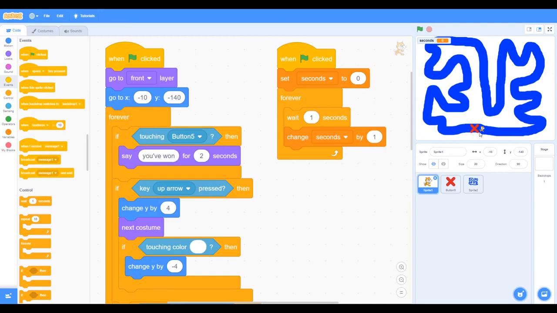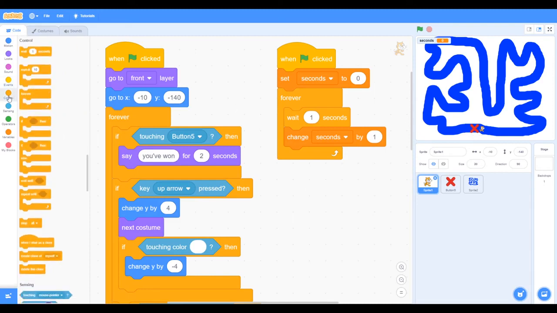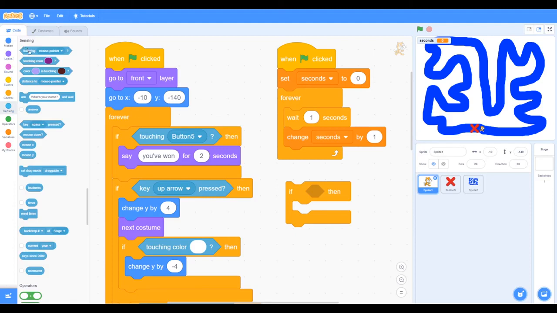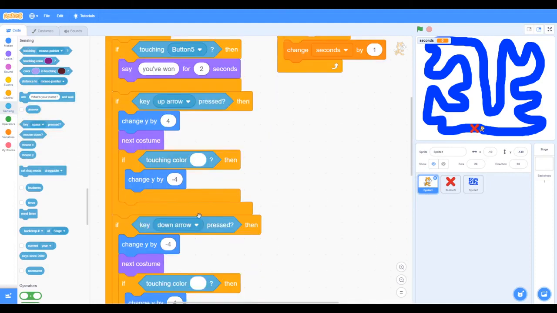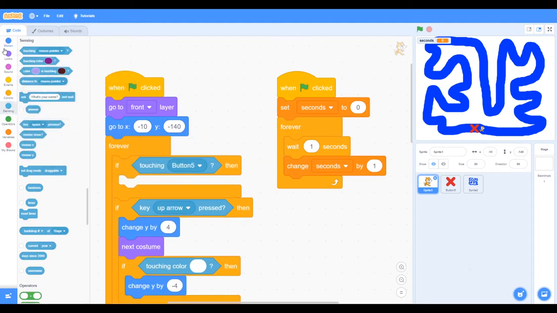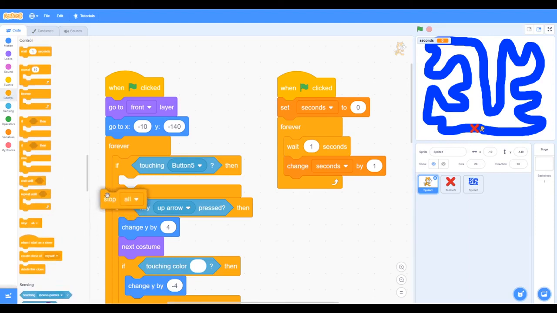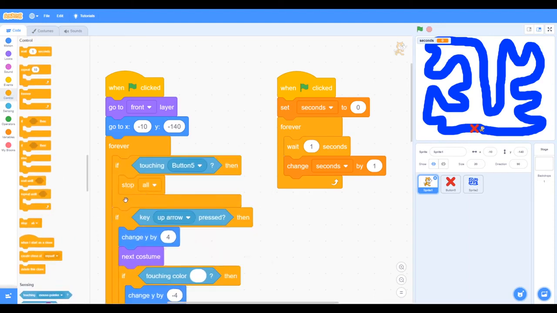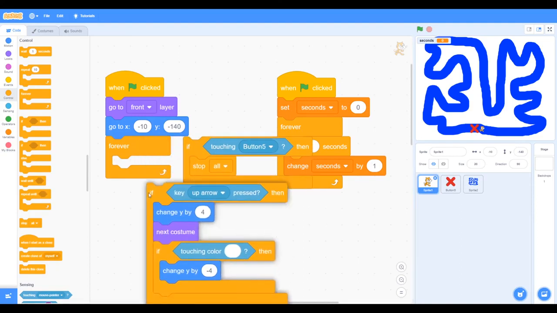Now once we get to the red cross, we want to stop. So we need an if statement. So if, and then once we're touching, so we can go to our touching, and then we've actually already got this code. If we look in our code, we've got if touch button 5. Instead of saying you've won, we can just stop all. So we can add that. If we go to our control and stop all, let's move that block